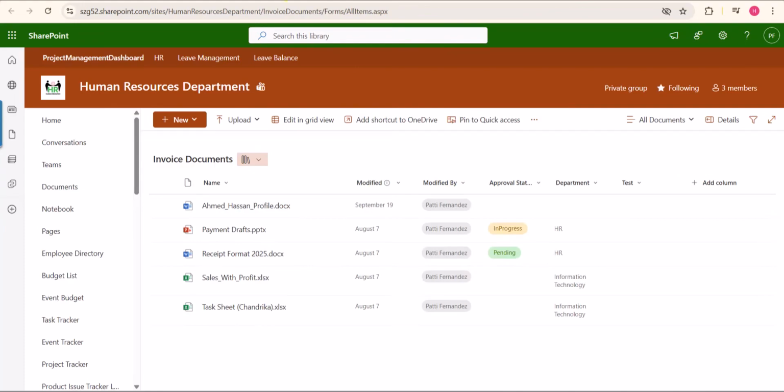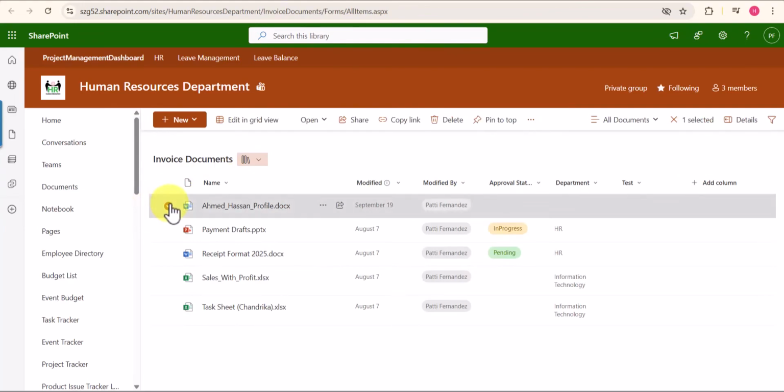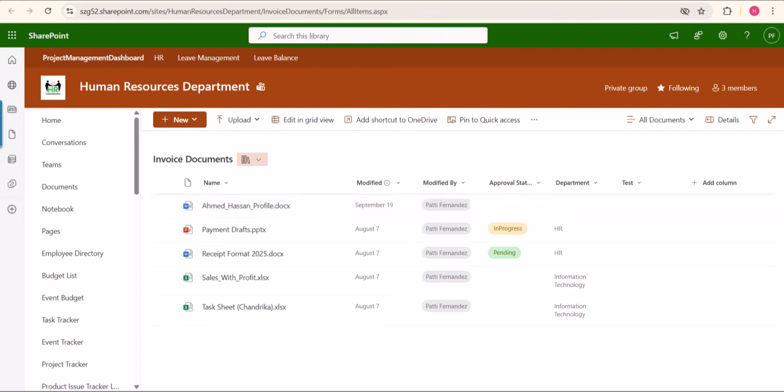For example, in this document library, if I click on this file, you can see there is a share option. If you want to hide this share button so that users cannot share this file, or new, it is there, right? Some end users may not have much knowledge of the document library and SharePoint, and they might get confused about what this new is. So in that case, if we want to change this button name or hide this button, to achieve this,